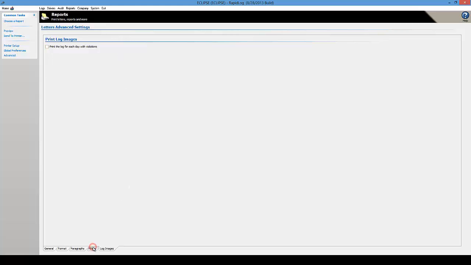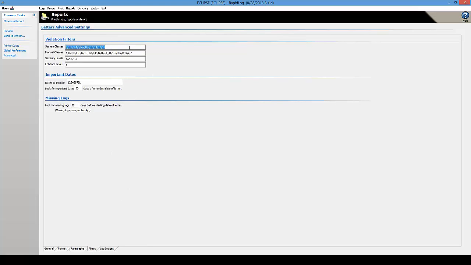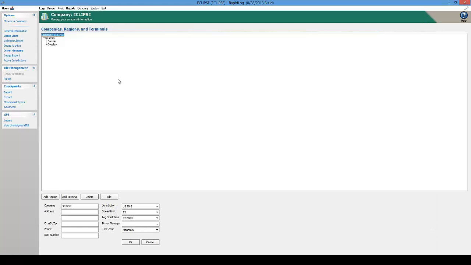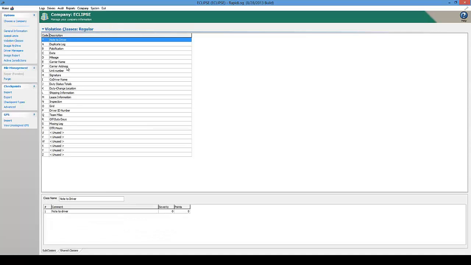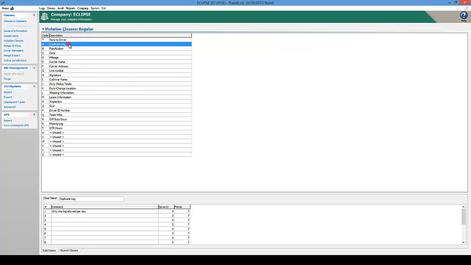On the filters page, this is just referring to the system violation classes that you'd like to show your drivers, and the manual classes, which are just like form and manner violations. You can remove any of these if you didn't want to show them a particular violation. So if we go to the company page here and click on our violation classes, these are the A through Z values that it's referring to on the reports page. So if you didn't want to let the driver know about, let's say, a duplicate log violation that you've assigned in the system there, and you just do duplicate log violations for your own internal reporting,